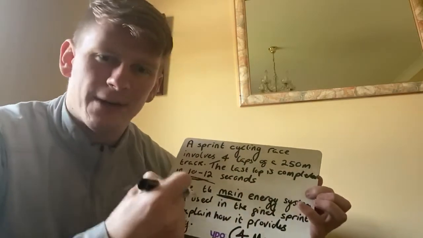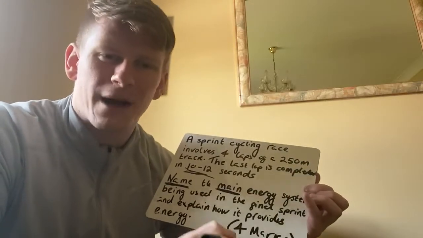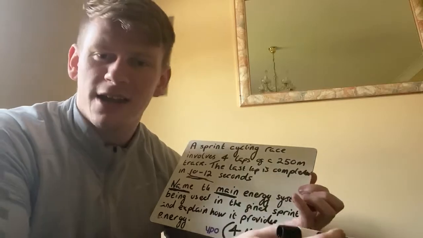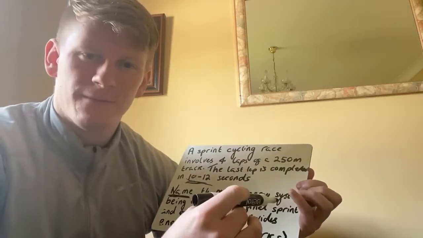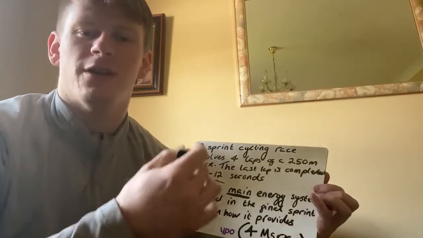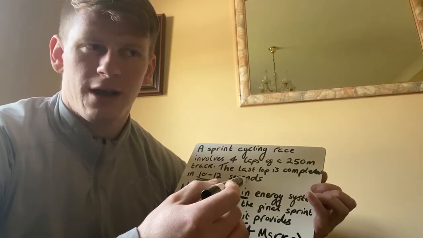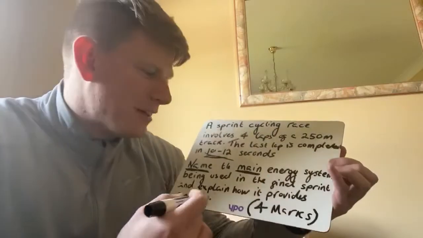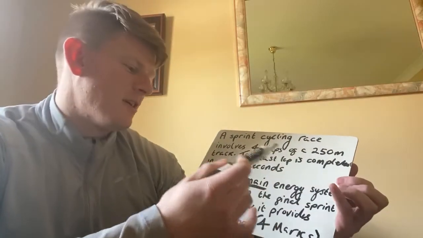Now, ATP can be broken down by ATPase into ADP plus P plus energy, and this energy can be used for muscular contractions. For these muscular contractions, you could even put allowing the performer to pedal faster during